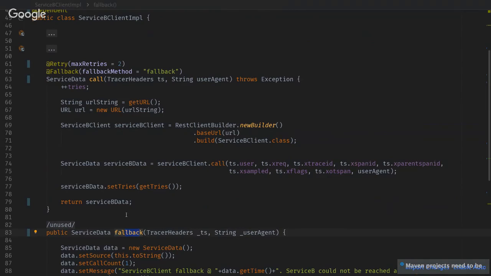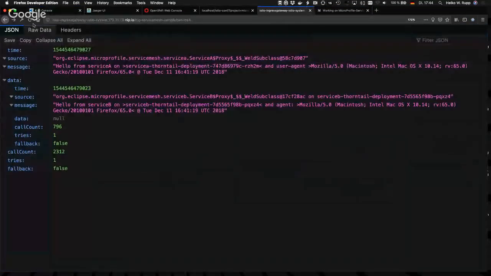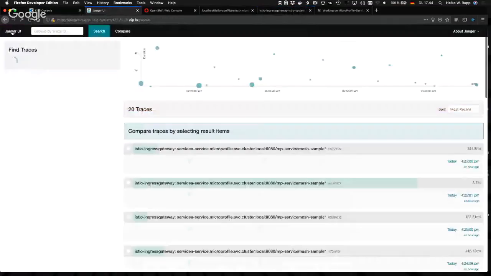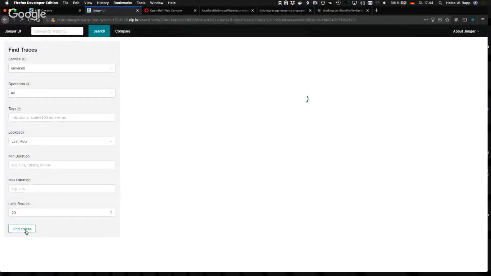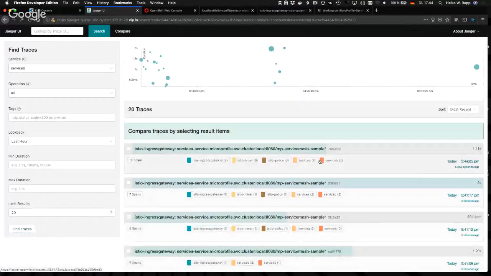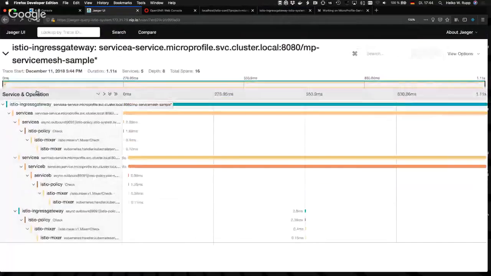The other thing when I do these kind of calls, and I've mentioned that already, is the tracing. Now I have here the Jaeger UI. And when I go into the Jaeger UI, find traces. A few seconds ago. So we had this trace, and here we see it's, let me make the font a bit bigger.